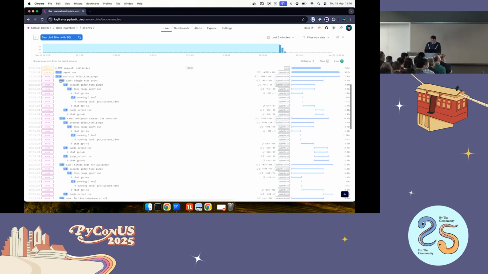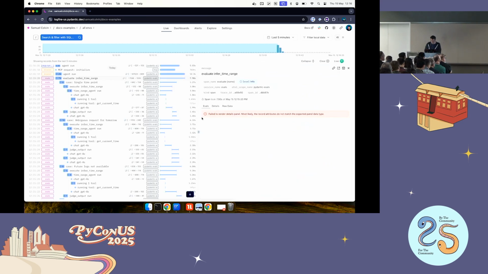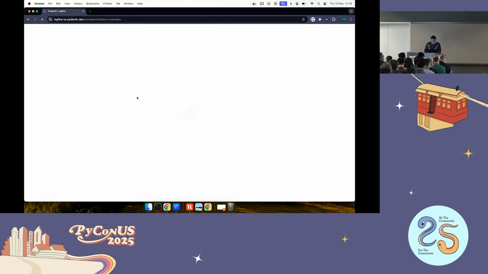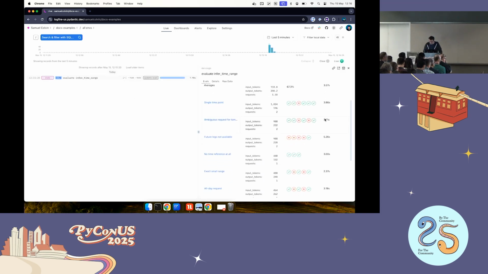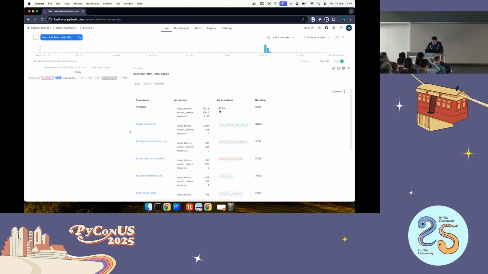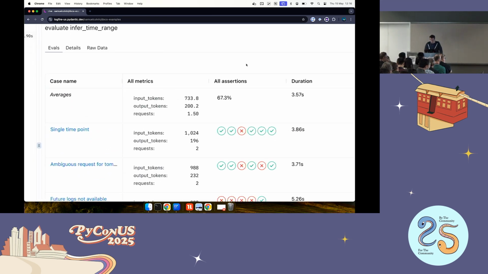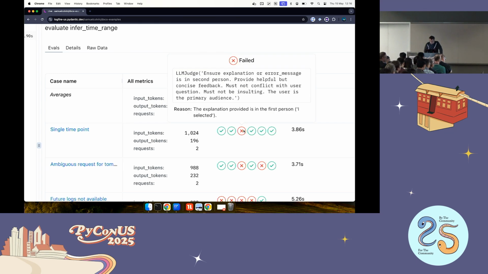So if we come back to the beginning, the outer trace of, oh, and it's not loaded properly. Let me see if it loads one of those properly now. There we are, it succeeded. I don't know what went on there, but you can see each individual case here and which of the assertions passed and failed. So you can see with a single point in time, most of them passed, but